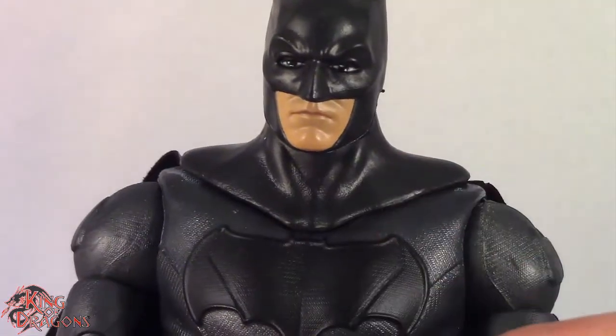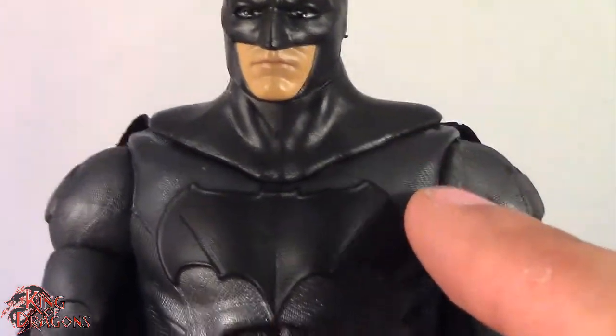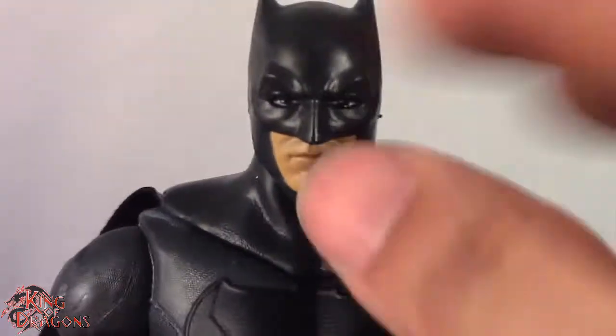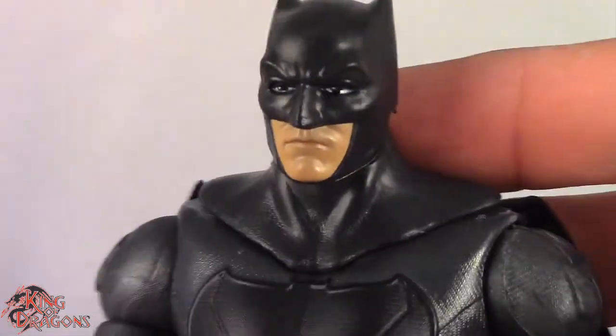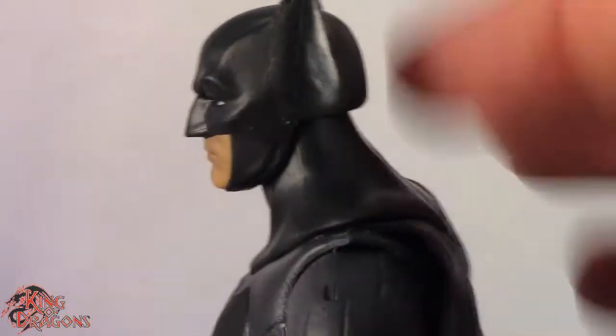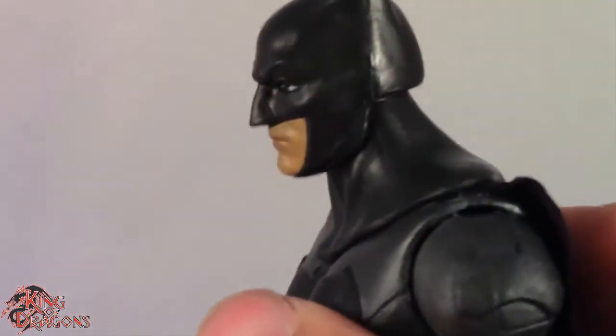It looks like it's all one color, but it's not. It's actually a really dark gray with black. And again, they did a good job streamlining the cowl so it looks really accurate to the movie. He no longer has that hunched look that the original figure had. He has the same cape that we saw with the armored suit Batman, which I'm not upset about that, but